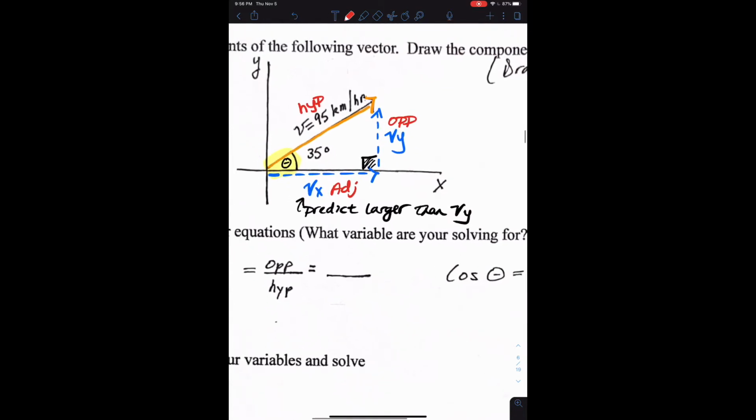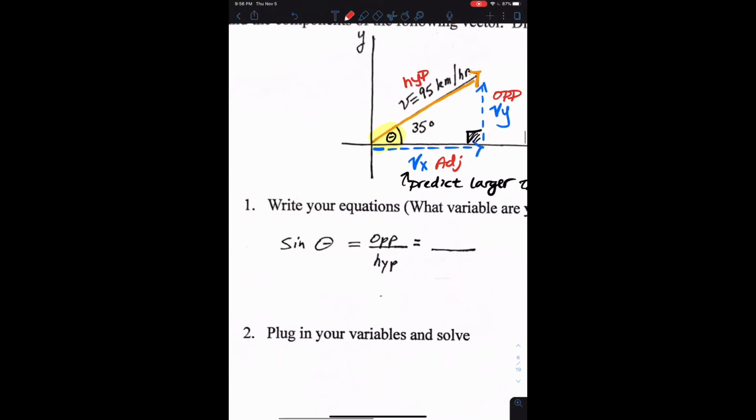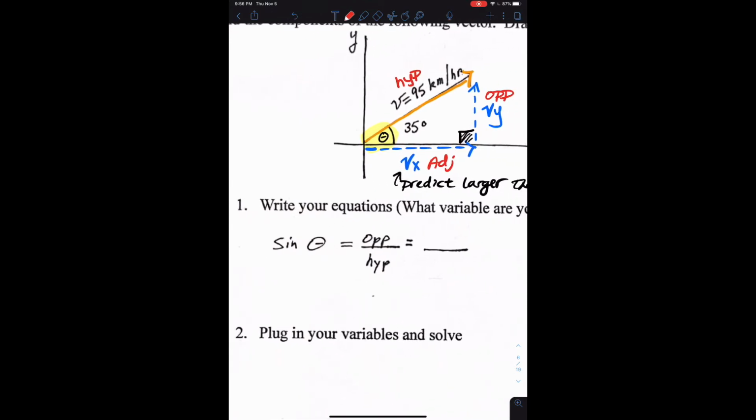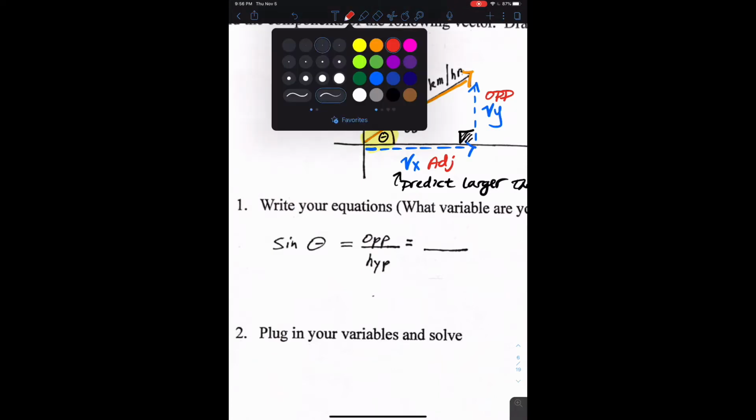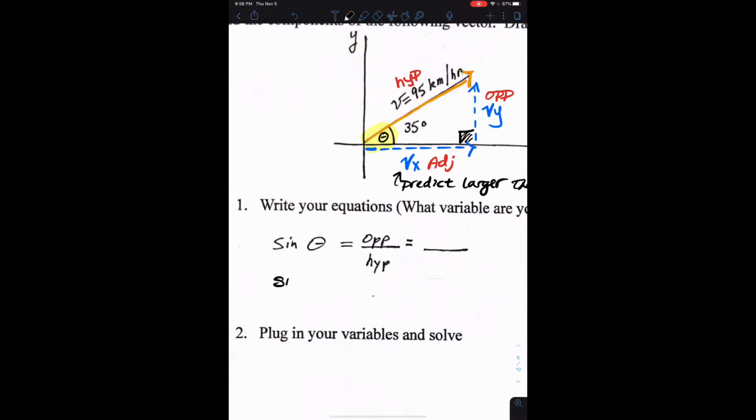So let's go ahead and solve for the opposite first. To use the sine formula, we need to know the hypotenuse and the angle. If we have that, we can get the opposite. So I'll go ahead and plug in everything we know. Whoops, I'm still in red here. Let's go back to black. All right, we can say sine of 35 degrees is equal to the opposite, which is Vy, divided by the